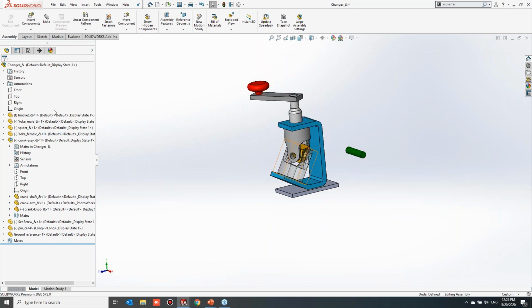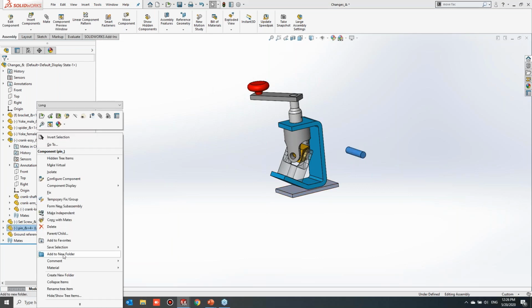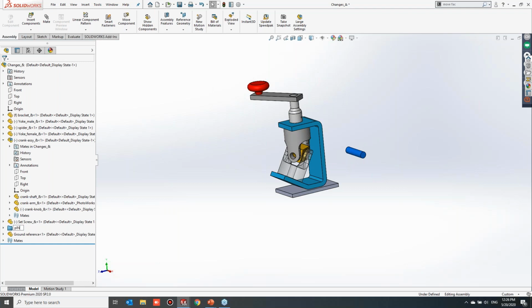Next, folder creation in Feature Manager. As an assembly gets more and more complex, with more and more sub-assemblies and components, folders become very important. So how can we do that? You can right click any component and select Add to New Folder. Say for example, here I am naming it pin.